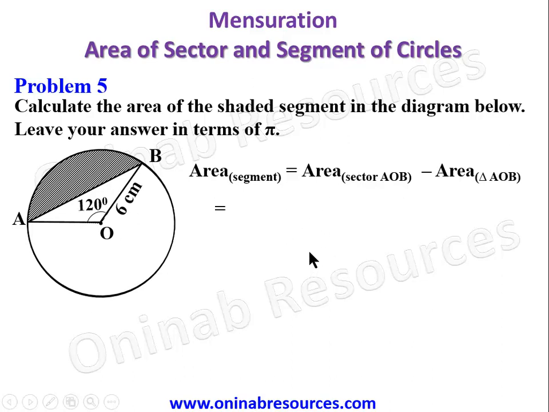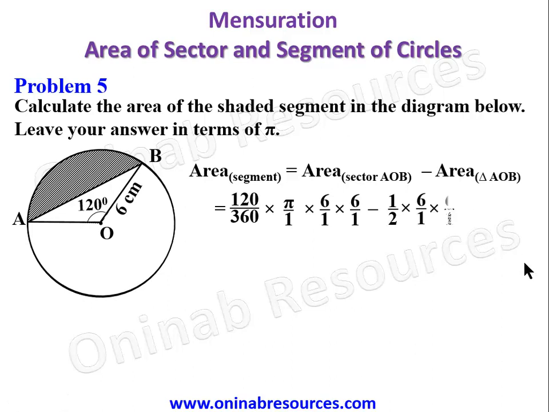So 120 over 360 times pi, since we have to work with pi, then 6 times 6, then minus half times 6 over 1 times 6 over 1 sine 120 degrees. So 6 times 6 here, we have 12 pi, then minus 18 times